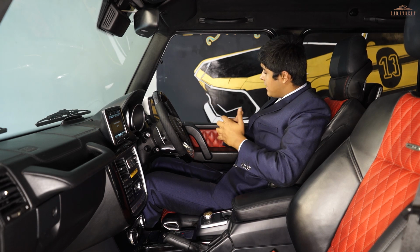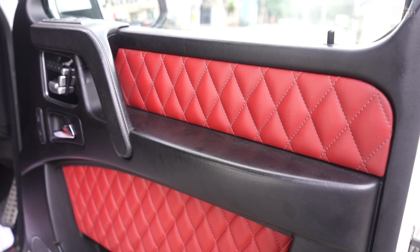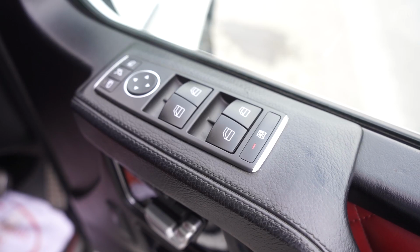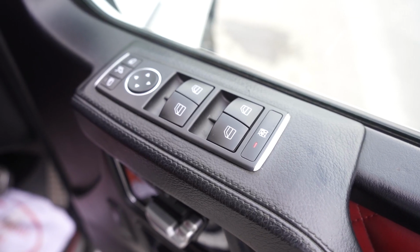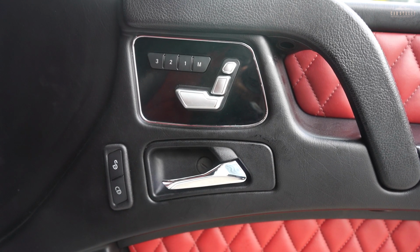हम बात करें door panels की, उसके top पे हमको मिलती है बहुत ही ज़्यादा shiny and premium black leather stitching, we get the controls for the power windows and the side view mirrors. उसके नीचे हमको एक gloss black panel पे मिलते हैं हमारे chrome में seat position settings with the memory settings